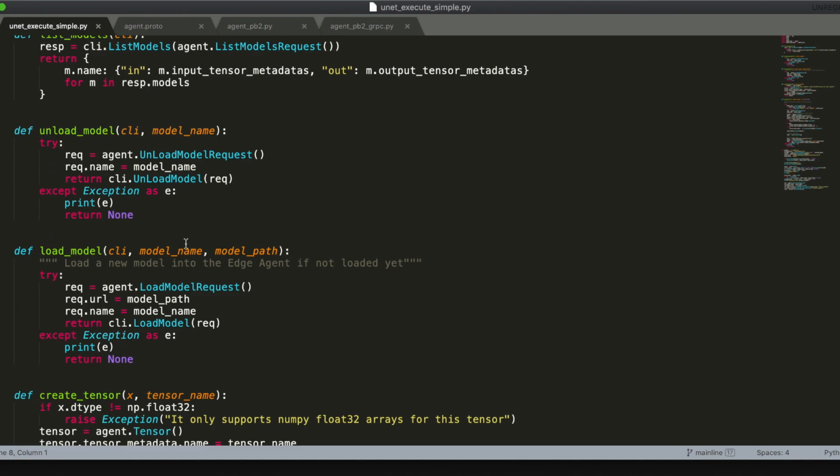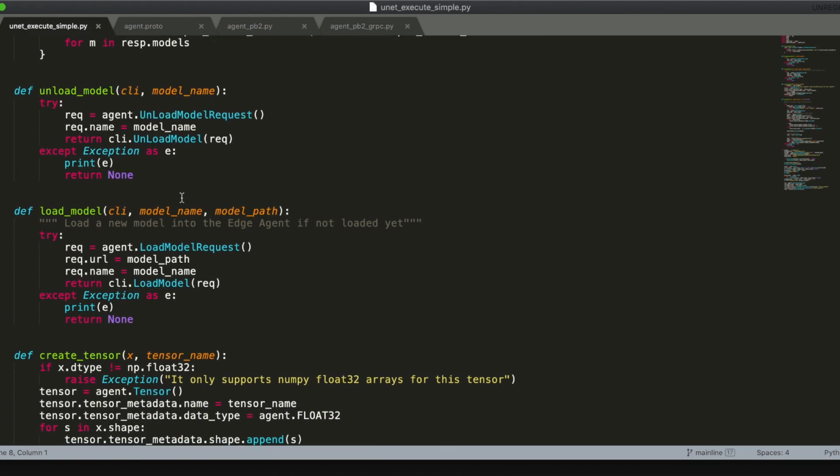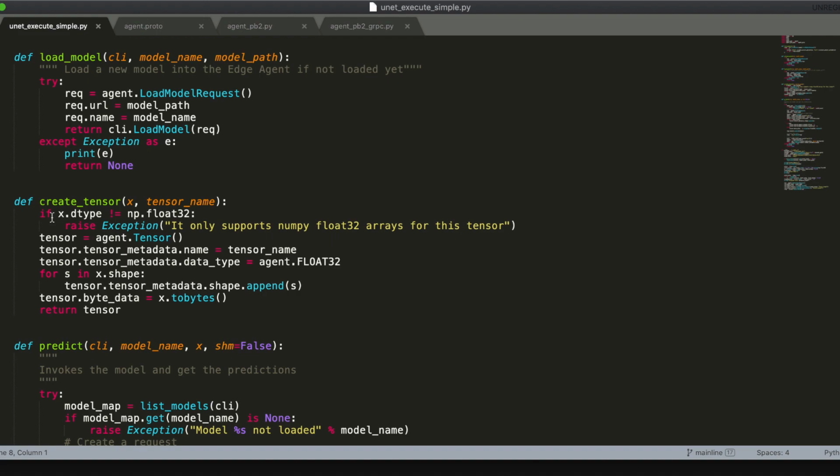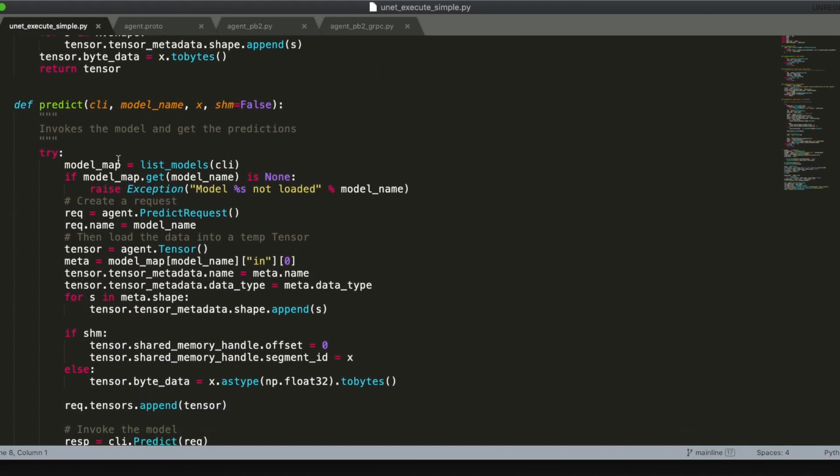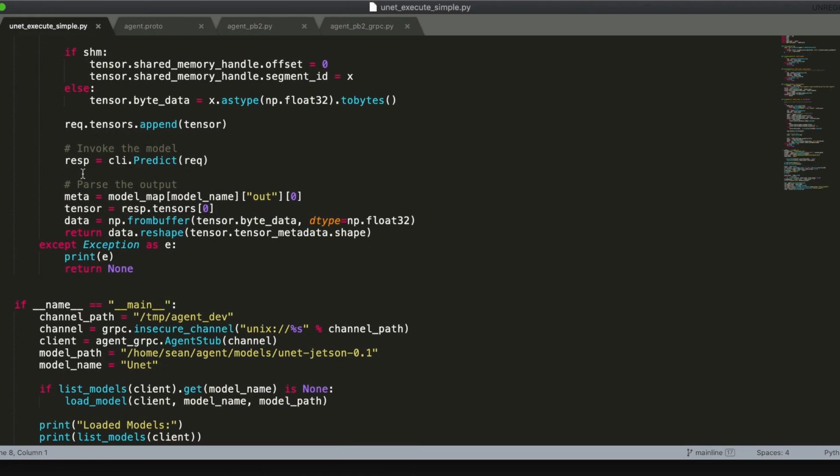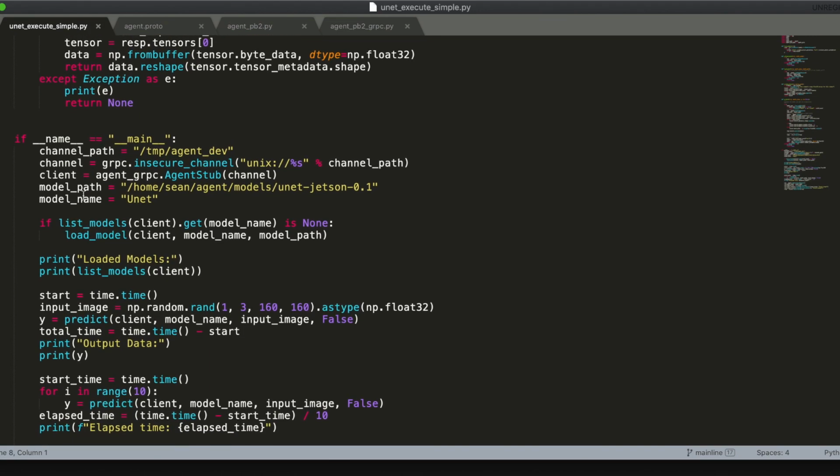As we previously mentioned, you can actually load several models into the agent and then predict by specifying which model you want a given tensor to be inferred with. There's utilities for creating the agent tensors. We have the predict class, which we'll look at shortly,